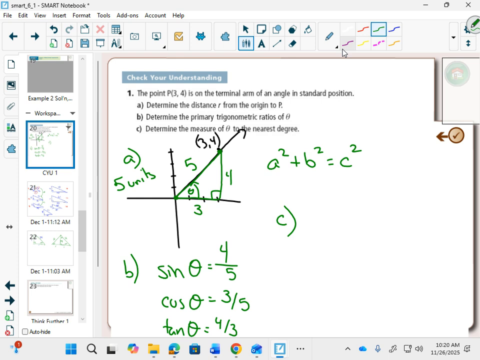Now, to find the actual angle theta to the nearest degree, you would have to use one of those. And it doesn't matter which one you use. If I use the sine one, how would I find theta? I'd have to use sine inverse. What's the opposite of cos if I use the cos one? I'd have to use cos inverse. And what's the opposite of tan if I use the tan one? I'd have to use tan inverse. So if I use the first one,